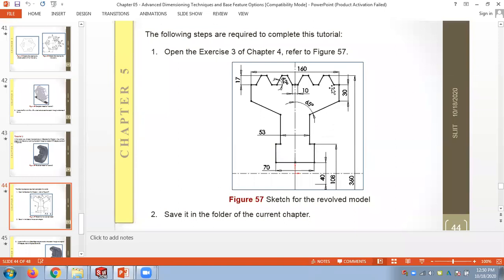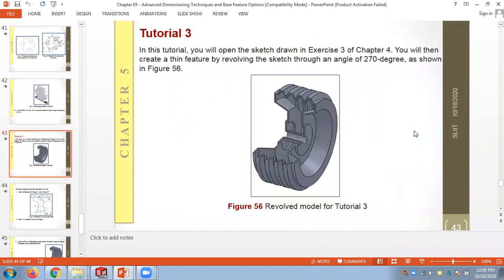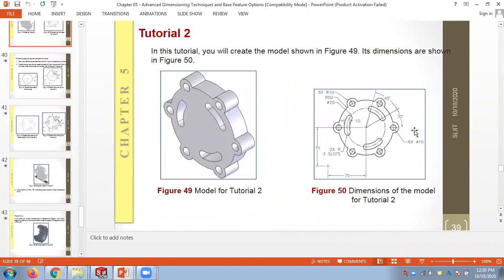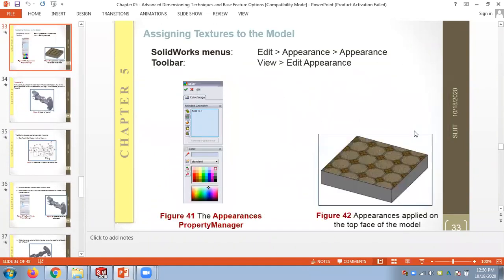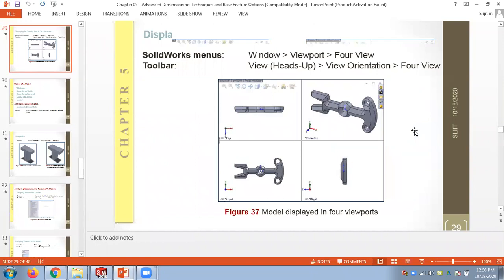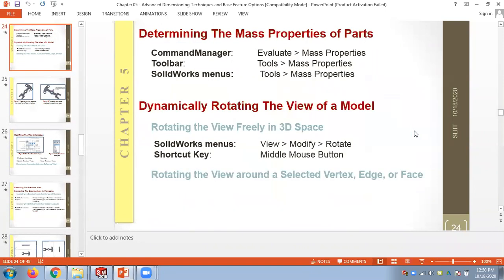So just try this tutorial. This is actually chapter 5. I will give the chapter 5 to Chaturika soon. So you can take a screenshot of this and work on this. So chapter 5 last tutorial. So I haven't done other things still. So we have to cover the pattern tools to get these other tutorials done.